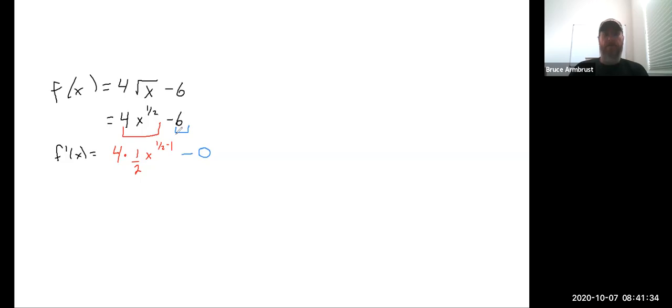All right, so now let's just simplify this a little bit. So we get f prime of x equals 2, that's your 4 times 1/2, x to the minus 1/2. And I'm going to go ahead and change this back to a square root. It's also going to go into the denominator because of the negative power. So this is 2 over the square root of x. So there's the derivative of this guy. All right, so I think this is probably what they intended. I'm hoping, Aaliyah, that all that happened is that you miswrote it as you were transferring it from the computer. But if not,